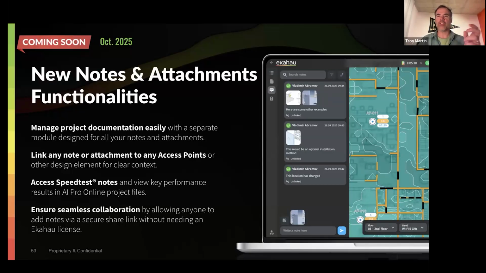So any images that you take of the access points, how it's mounted, installed, you'll be able to see that note, look at any comments you made with that, and look at the image within AI Pro Online. And then you'll be able to include those details with your drag and drop customized reporting that you can leverage inside AI Pro Online to generate a Word document or a PDF